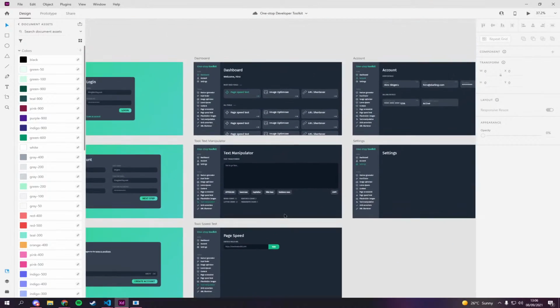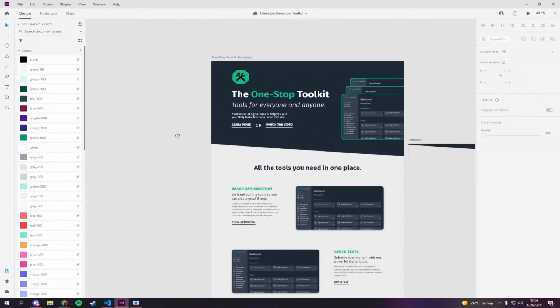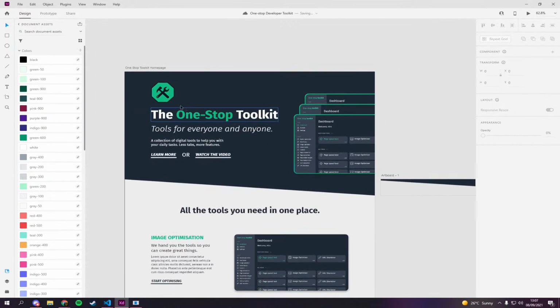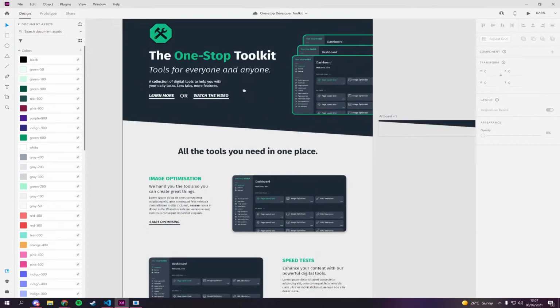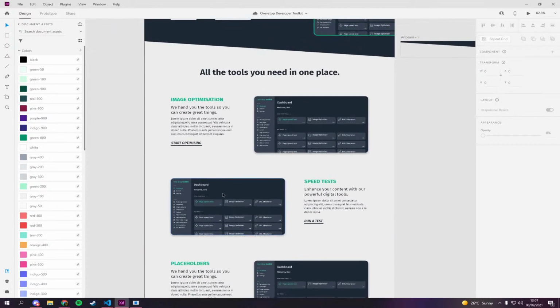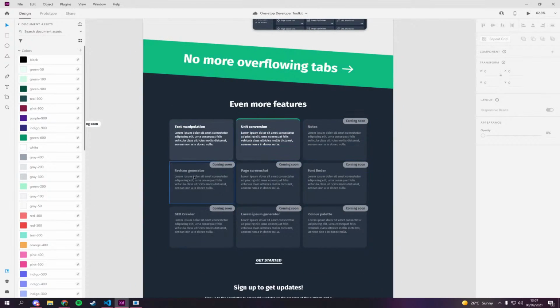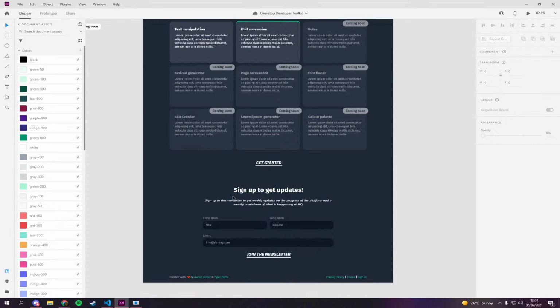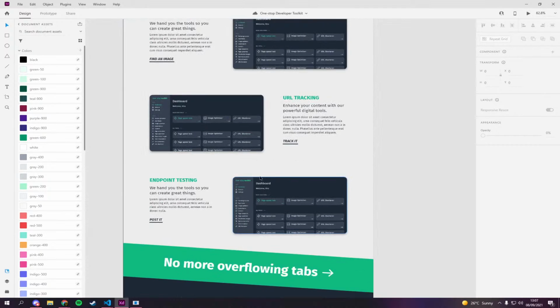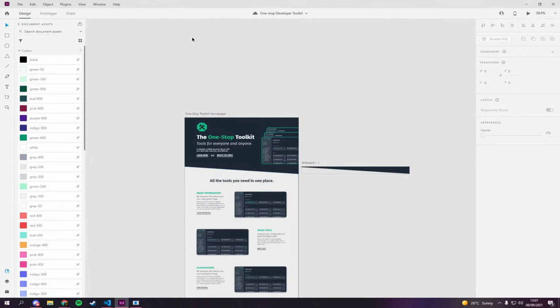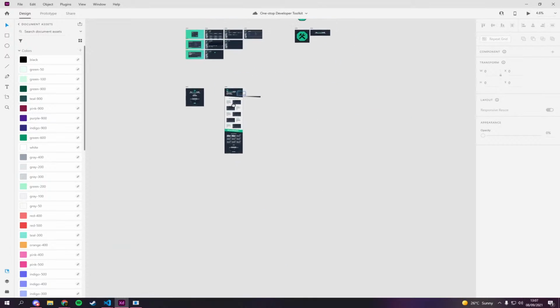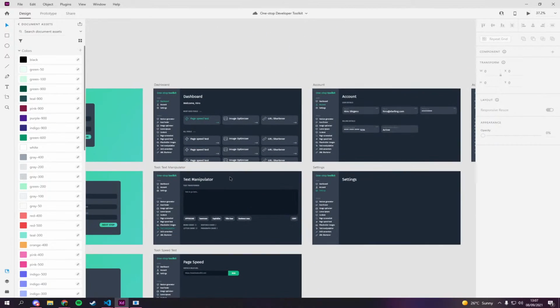So this is currently where I'm at. There's a lot of other designs here. I'll give you a sneak peek at the actual design for this. This is something Aaron's building, not me. Someone else is building this, which is nice. You can see here you've got One-Stop Toolkit, little thing here. These will be different images. They won't be the same. Again, all the same image because I just copied one screenshot. You can see it goes through what we're going to be adding, and then there'll be even more features here. So these are the features we're planning to add. I'll go through that again with you in a second. And then this is just a sneak peek into the behind the scenes, this document, what myself and Aaron are working on.